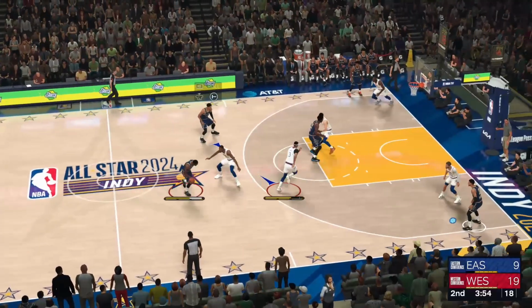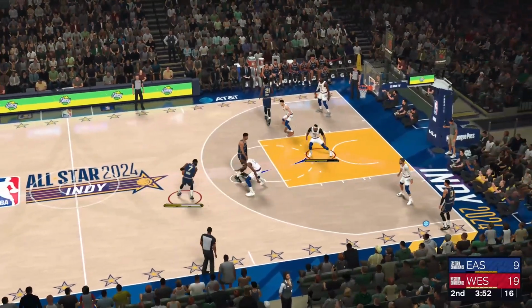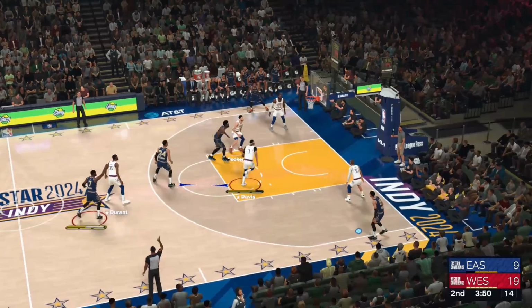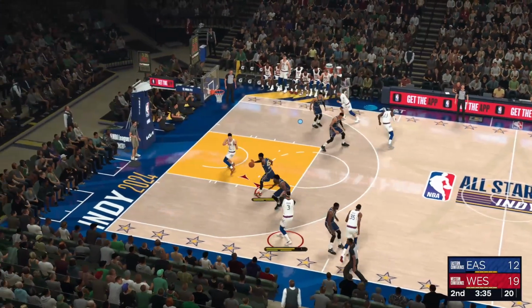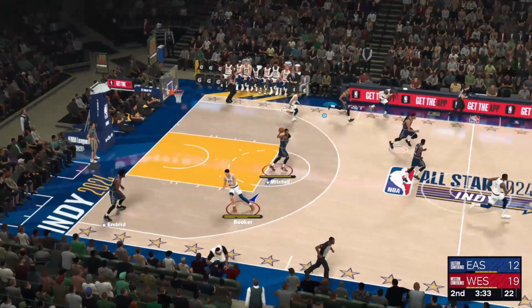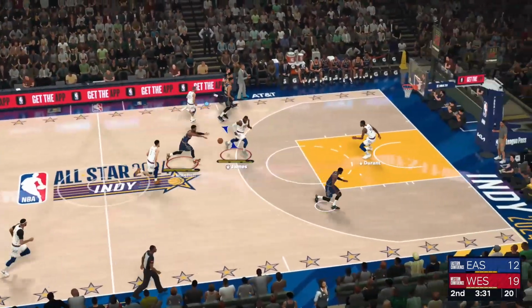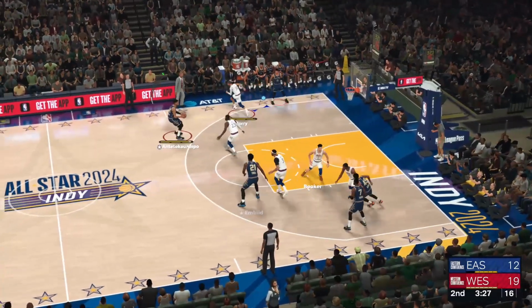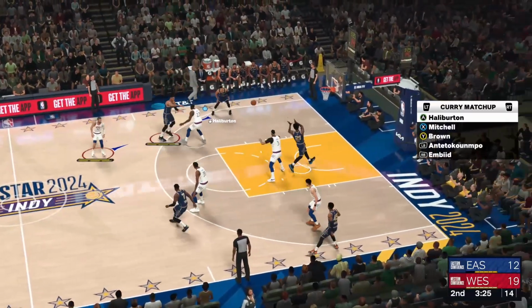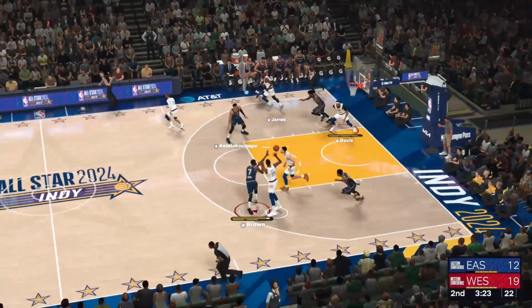With a short break in the action gives us a chance now to send it over to David Aldridge. Thank you, Kevin. A minute and a half gone here in the second quarter. Stolen by Mitchell. That was clearly a forced pass. There was no room for him to make it. Good ball movement here by the East. To the paint. It's stolen by Davis.